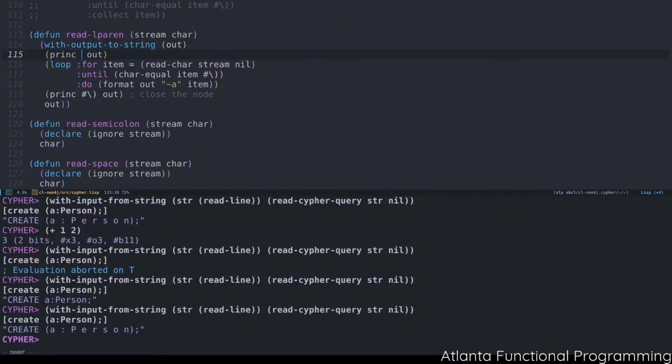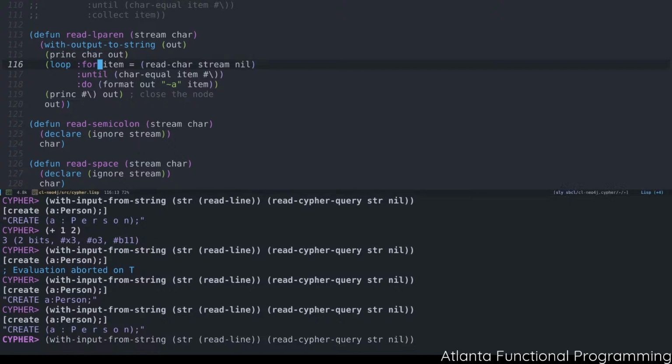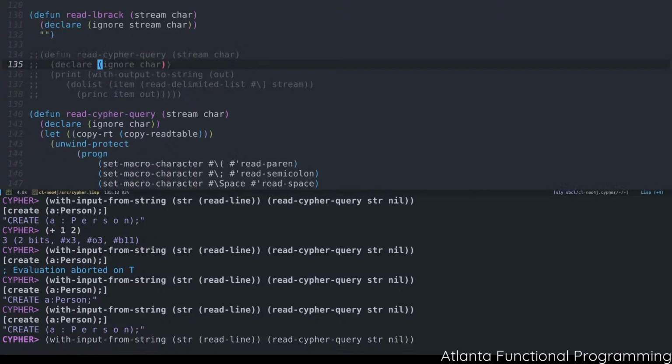So we're going to grab the character for the first one and we're going to close it. Okay. So now this should actually do what we're expecting it to, but we need to first go here,